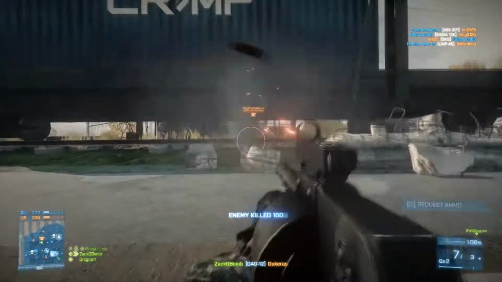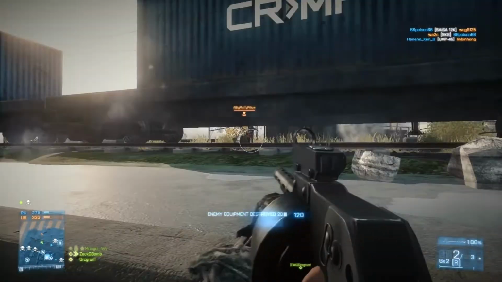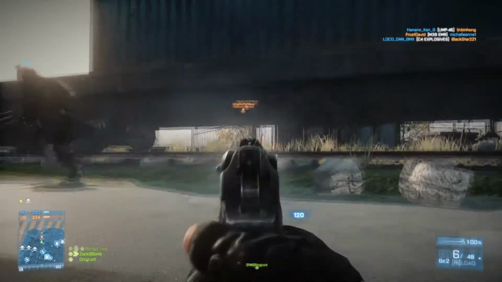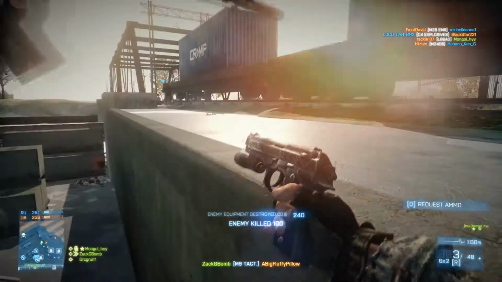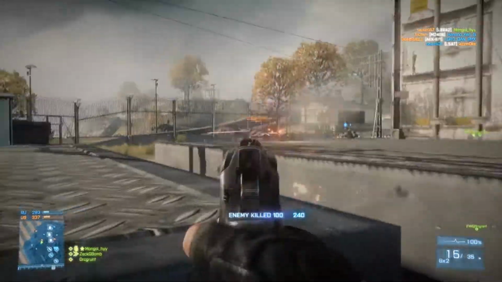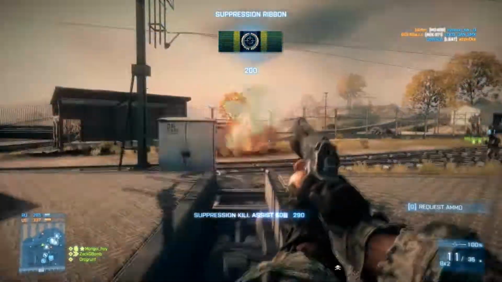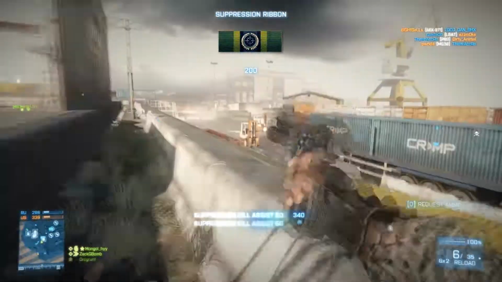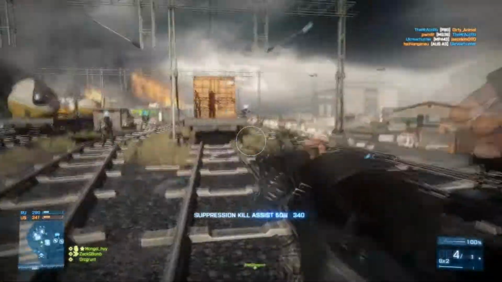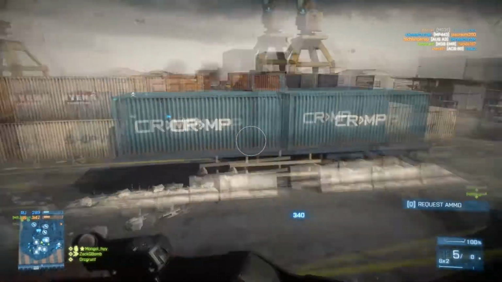Try to exercise some caution, especially when you're closer to enemy force areas, as once they see one guy, all of them turn around and start shooting at you, and you're pretty much dead. So just try to keep your eyes out for those stragglers or those enemy forces that creep up too much. As you can see here, and in a lot of other team deathmatch matches,